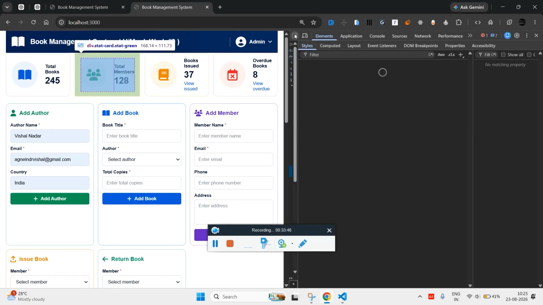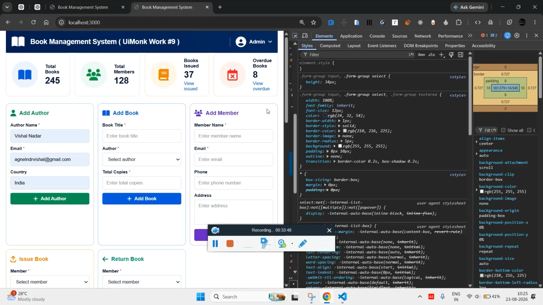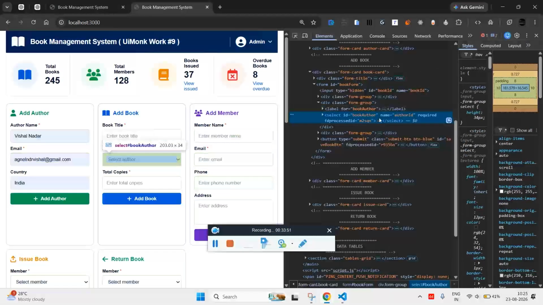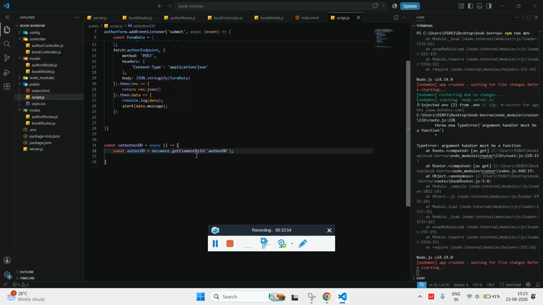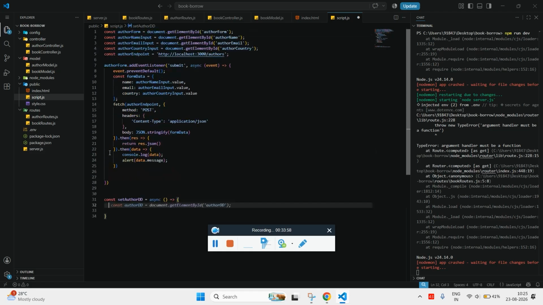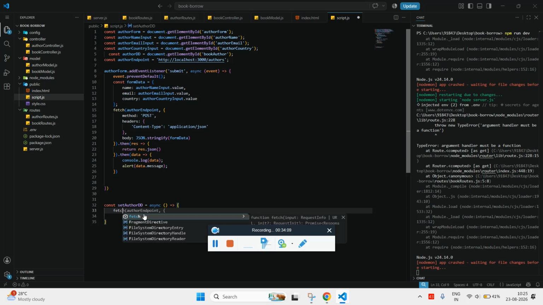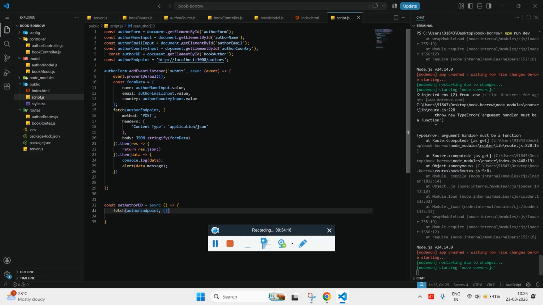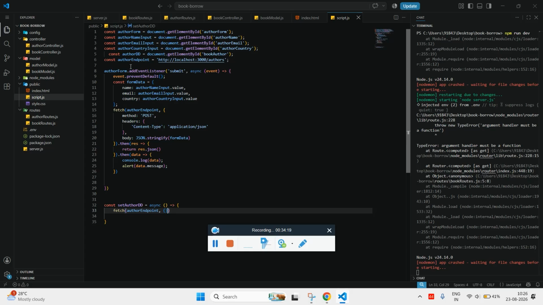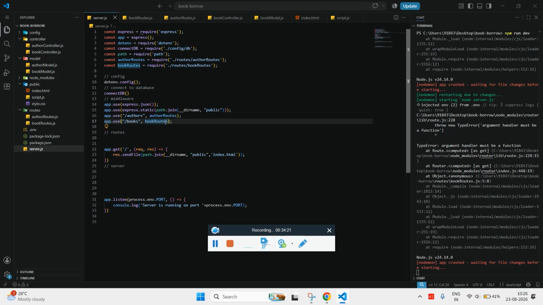We have given the ID to the drop down. Select the ID, so it's book author. Get the element by ID. We will have all the initialization at the top, and we need to send the get request, fetch. So where are we going to send? Let's send the fetch request to whom. We'll send the fetch request to the